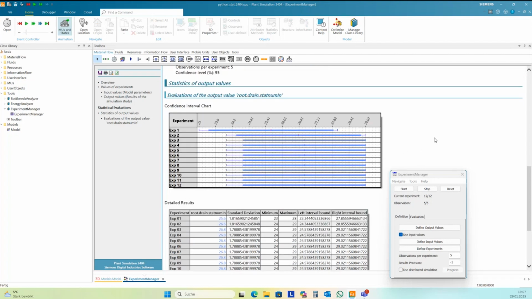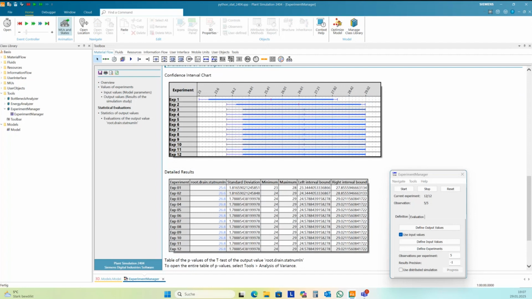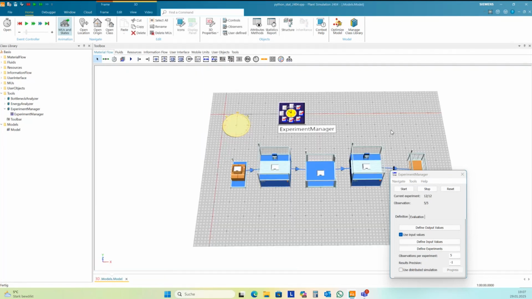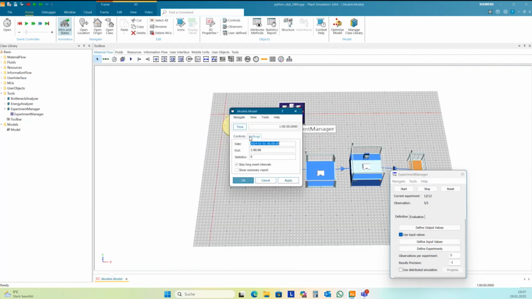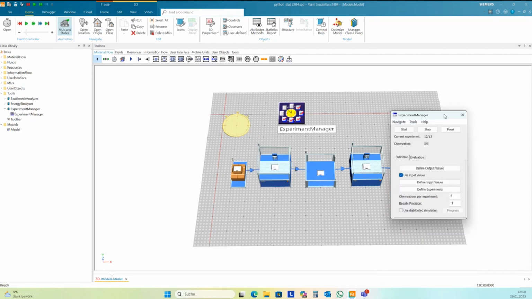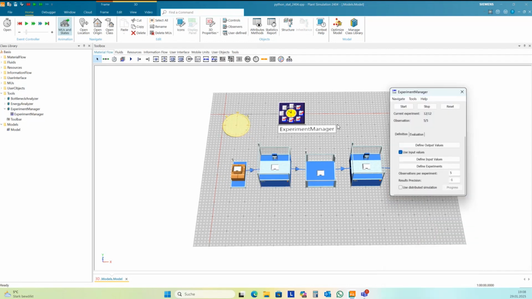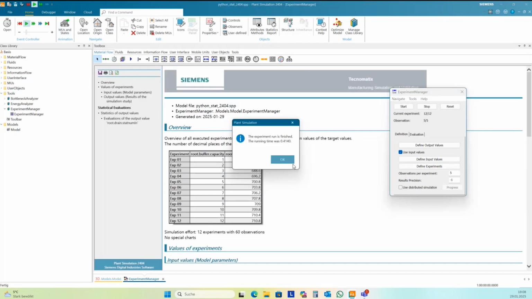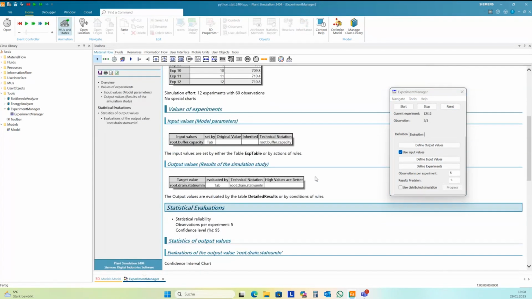Maybe it's not enough time. I guess I have set only 1 hour instead of 1 day. Yes. Okay, 1 day should be the duration of the experiment manager. And yes, it should give another result.